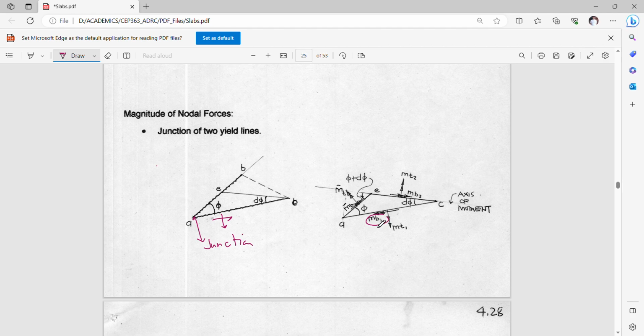And okay, so we have here an MB, which is actually indicated here as your MB1. And I choose an axis of rotation arbitrarily, or axis of moment EC, and assume that at this particular point there must exist also, although this is not a yield line, a moment, no? A uniformly distributed bending moment MB2 and MP2, along this line. So if I have an angle of phi subtended between the two yield lines AB and AC,